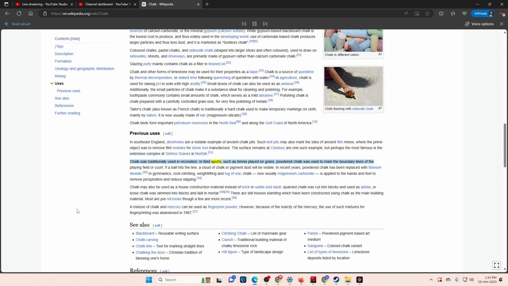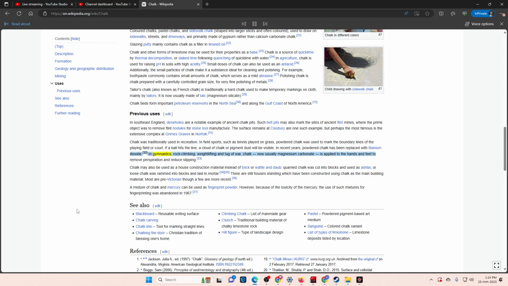In field sports, such as tennis played on grass, powdered chalk was used to mark the boundary lines of the playing field or court. If a ball hits the line, a cloud of chalk or pigment dust will be visible. In recent years, powdered chalk has been replaced with titanium dioxide. In gymnastics, rock climbing, weightlifting, and tug of war, chalk, now usually magnesium carbonate, is applied to the hands and feet to